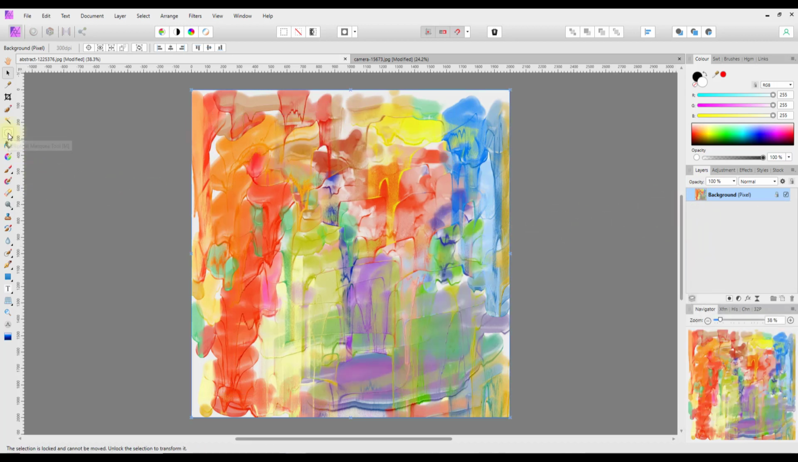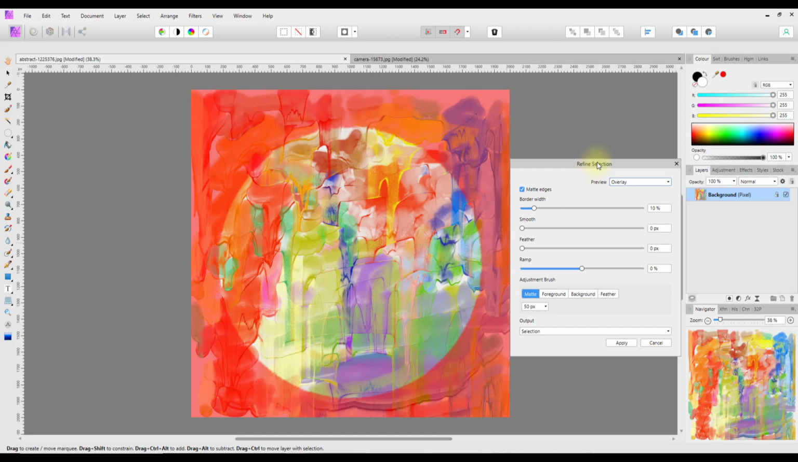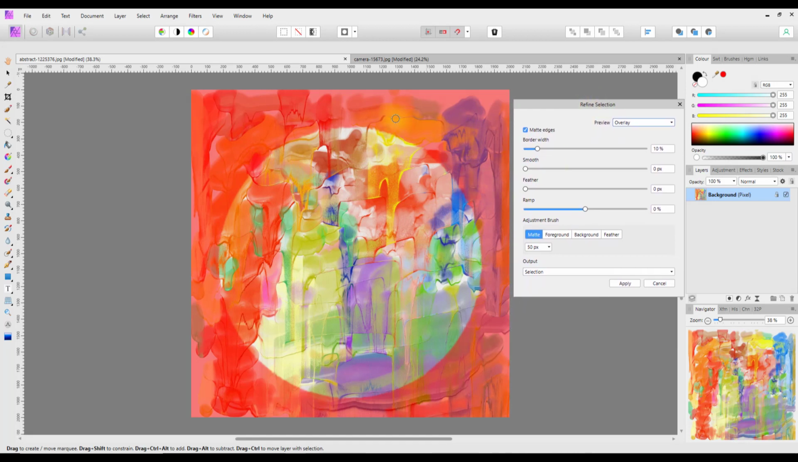And I'll make a similar selection again, like that. But this time I will use the refine option, and when you use the refine option, all the areas that aren't selected will have this red tint to them, and the area that is selected will just look fairly normal. So as you can see, this edge is quite hard to give us that nice crisp circle,